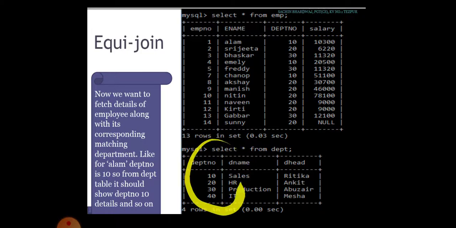This department number only we fetched into EMP. So, this department number is called a foreign key. That is, the department number in employee table is a foreign key, whereas department number in department table is a primary key. So, DEPT is a master table and employee is the child table, even it is having a long data.